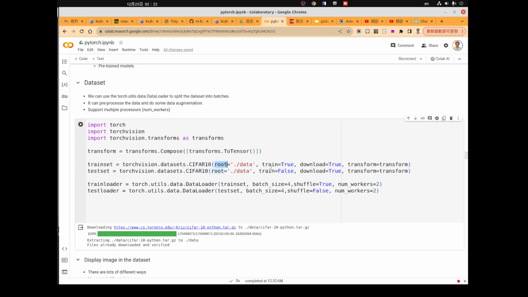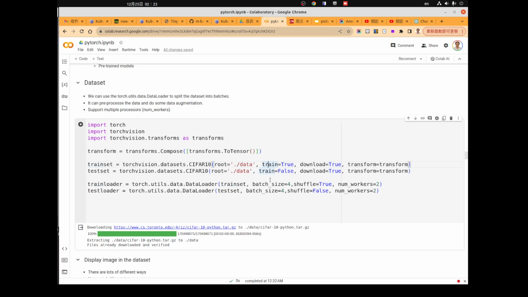And inside here we can set the train argument. For some models, the training mode and the evaluation mode have a little bit of difference, so we can set the modules to train or evaluate.